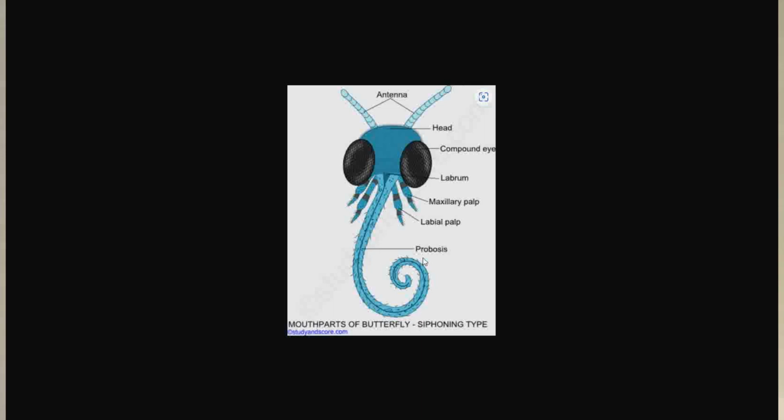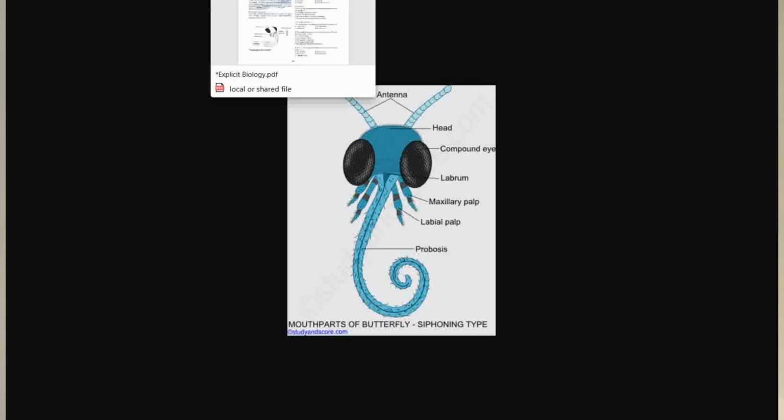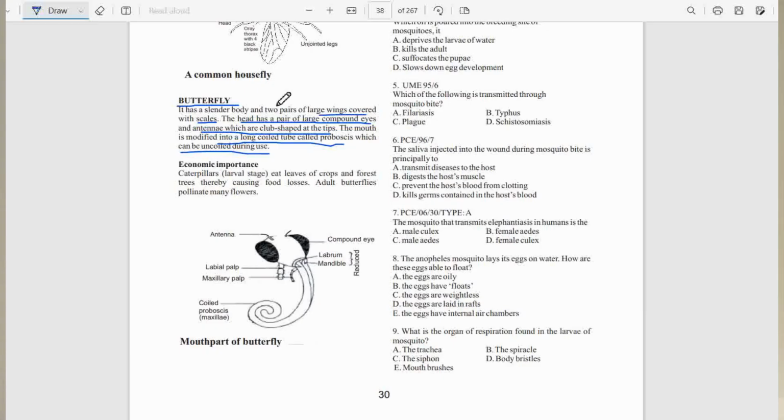Now, remember, this is also found in the housefly and also the mosquito, the proboscis. So it's usually common with insects that suck, that pierce and suck. That's the proboscis. Now, the economic importance, of course, at the larva stage of the butterfly is called caterpillars, and